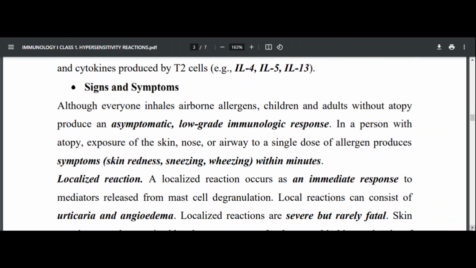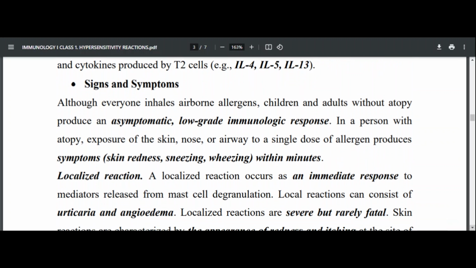So symptoms: everyone would inhale airborne allergens, but children and adults without atopy produce a symptomatic low-grade immunologic response. But if someone is with atopy, the exposure will produce serious symptoms. Exposure to common airborne allergen will produce serious symptoms, including skin redness, sneezing, and wheezing within a very short time. And the localized reaction include